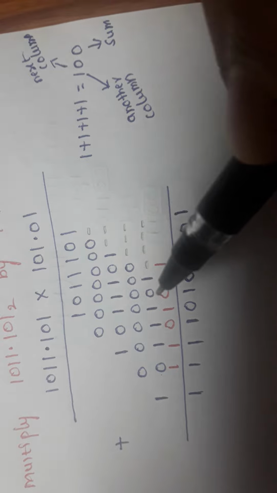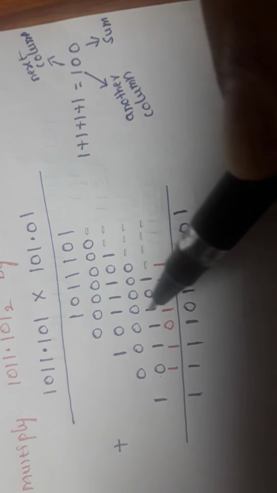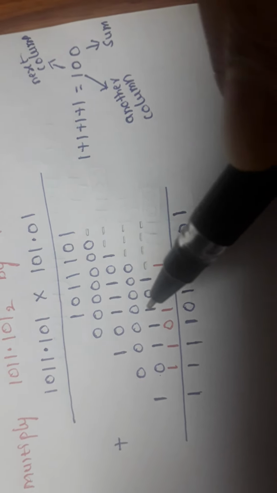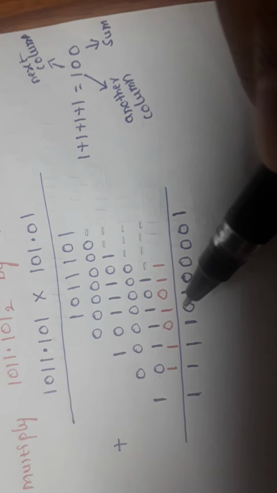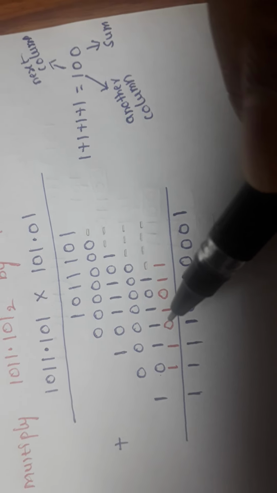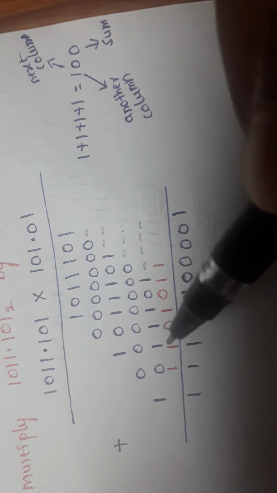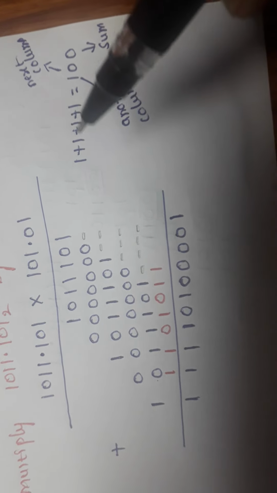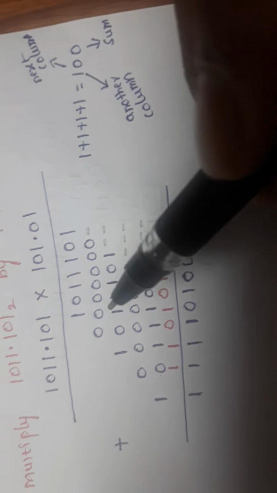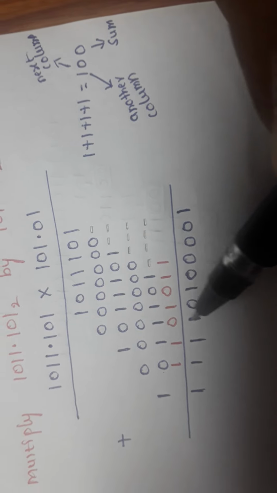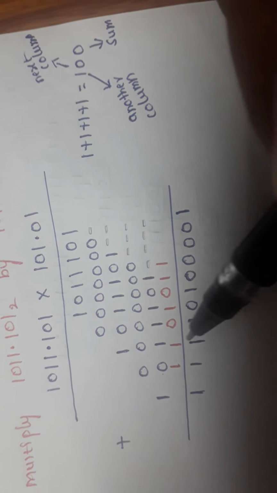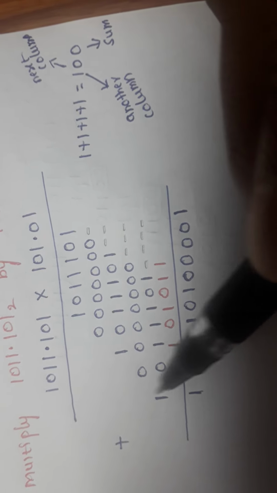Now here once again 1, then here once again there are 4 ones, therefore 0 is the sum, carry 1 is propagated to this column and one more carry 1 is propagated to this column, as we discussed in this case. Is it clear? Now if you add this, then it becomes 1, then 1 plus 1 plus 1, sum 1, carry 1, this becomes 1, this becomes 1. Now if you want to keep a point, after how many digits is there a point? 1, 2, 3, 4, 5.